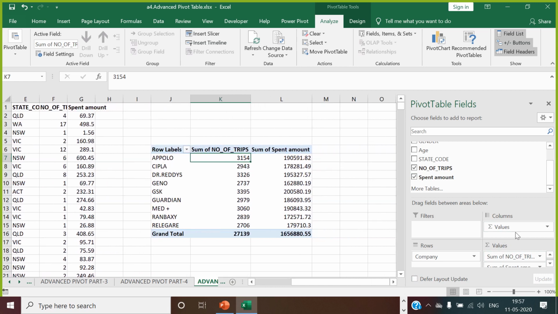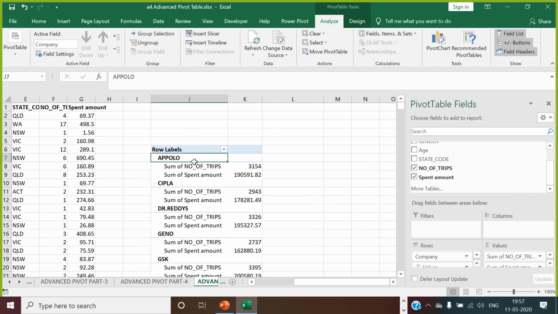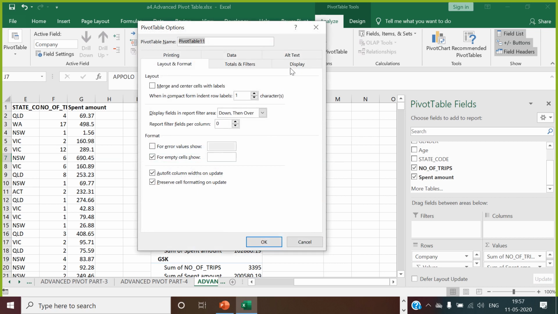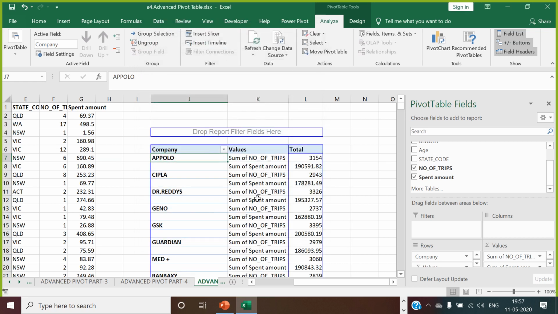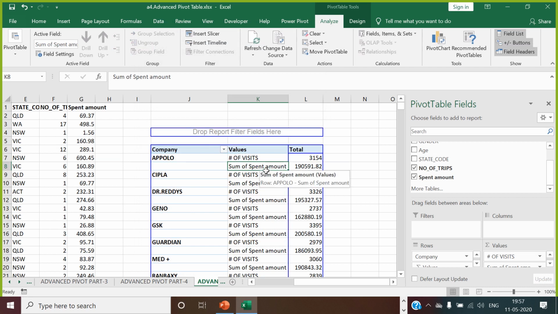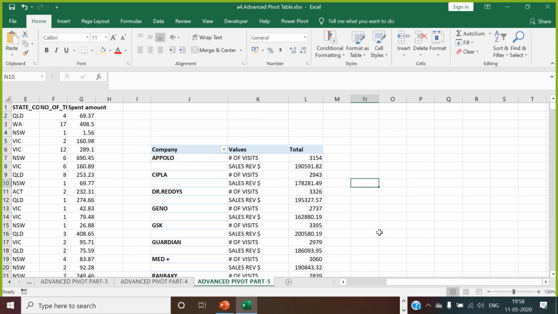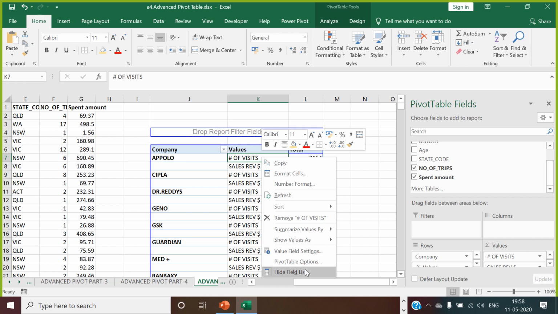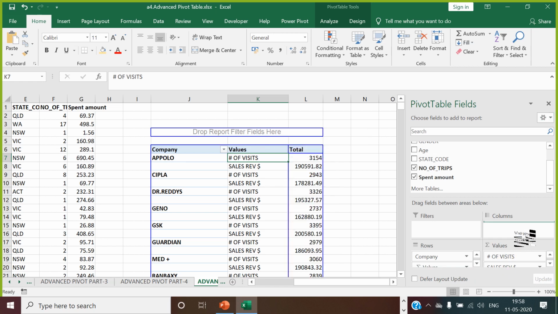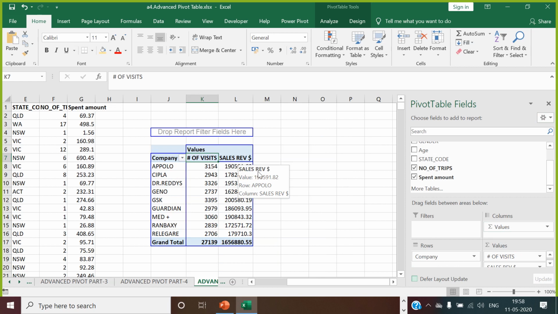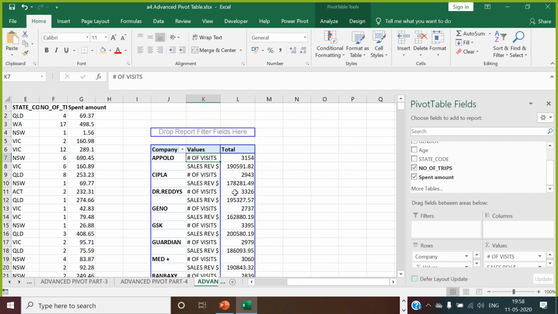If you take two measure fields together into the value, it's a summation field here. What you can do, you can bring that summation to the row level here, right? Now you can right click, go to pivot table options, display as a classic pivot table layout. You can see this result. Now you can write here number of visits, you can present it this way, and this is called sales revenue in dollar format. You can also present it this way, right guys? How did you create this? Go to field list, you can bring this sales summation to here. You can see it this way, or you can bring it to this row and see it this way. It is up to you how you want to present it.